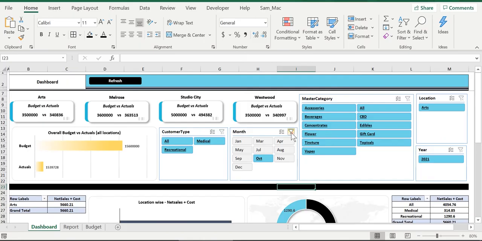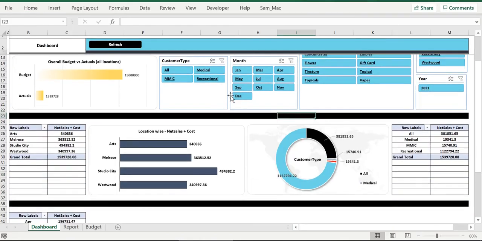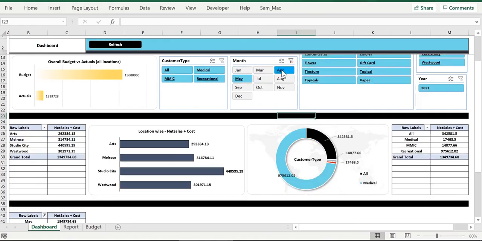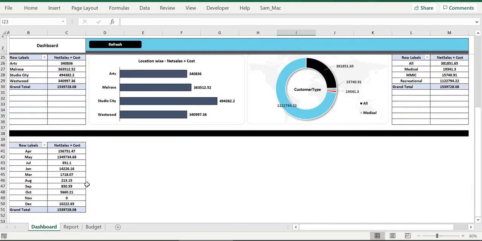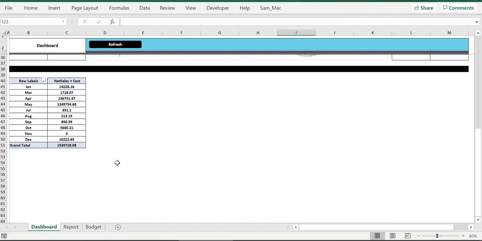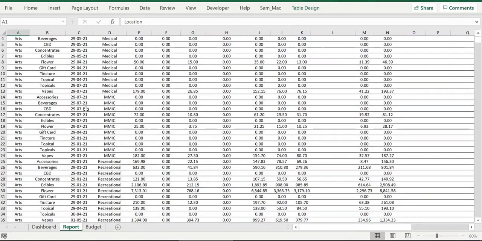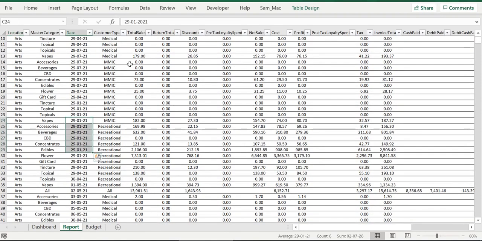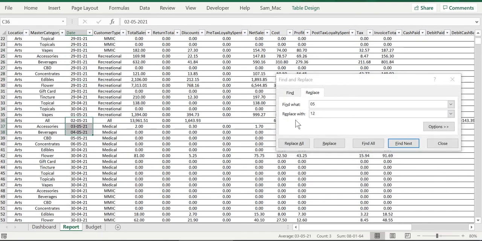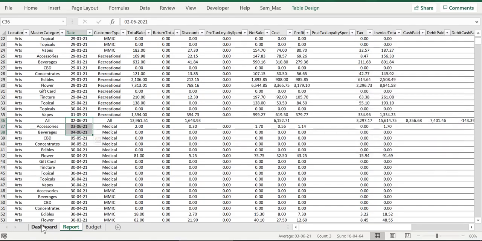The formula-based information will not work directly with the slicer. You can see that the overall chart, which comes with the formula, is actually not linked to the slicer. I've also added the month-on-month information. You can see that it's all pretty focused in a specific month, so I wanted to give a little more on it. I'm editing the sample data that I have for a split of months,